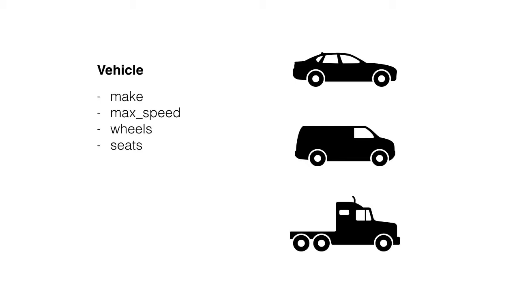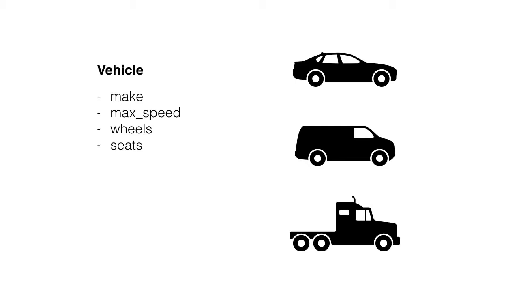In this episode, we will discuss the concept of inheritance in object-oriented programming. To illustrate inheritance, let's imagine we have a car represented by a class vehicle. The vehicle could have several attributes, which could be represented by properties such as make, maximum speed, number of wheels and seats. A class with these properties could also represent a van or a truck, or in fact, any other vehicle